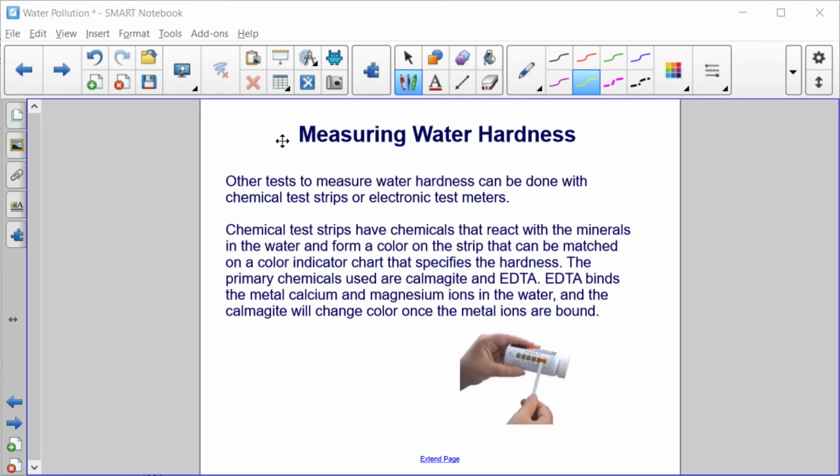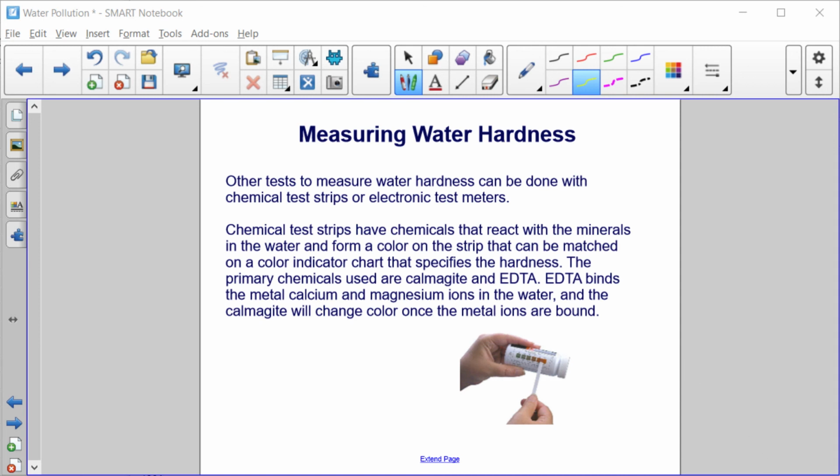Other tests to measure water hardness can be done with chemical test strips or electronic test meters. Chemical test strips have chemicals that react with the minerals in the water and form a color on the strip that can be matched on a color indicator chart that specifies the hardness, as you see here. The primary chemicals used are calmagite and EDTA. EDTA binds the metal calcium and magnesium ions in the water, and the calmagite will change color once the metal